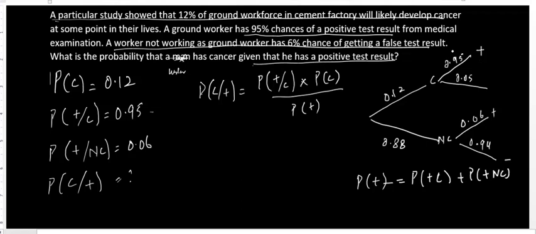So I have to multiply these, which is going to be 0.95 into 0.12 plus probability of positive result and not having cancer, which is going to be 0.06 into 0.88. It's simple, as we calculated the marginal probability in the previous case. So this is going to be